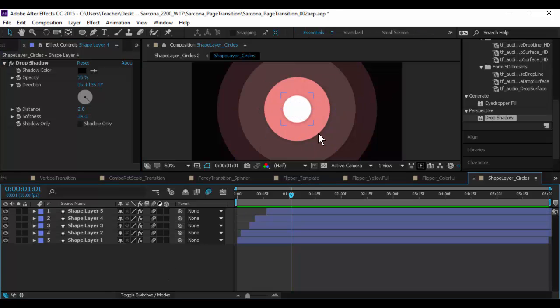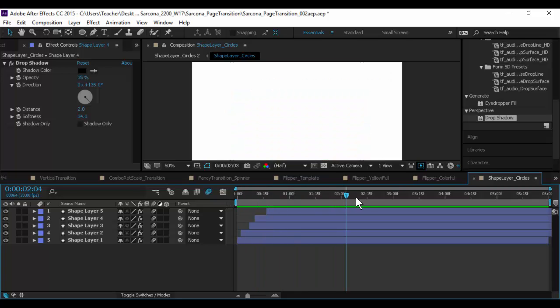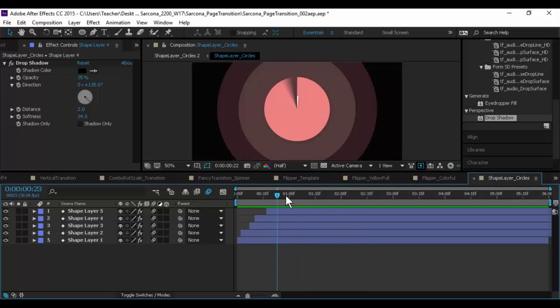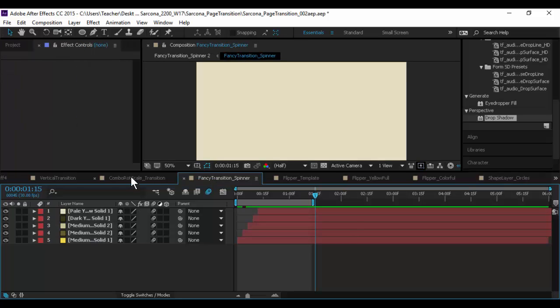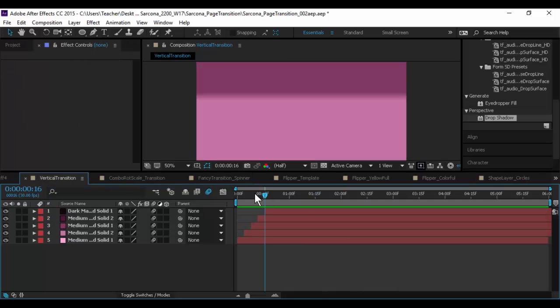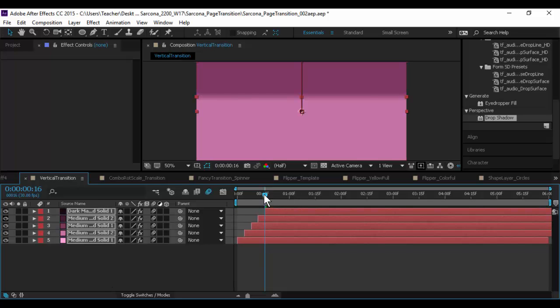Without that, they'll have just a very stagnant look to them. So now we have this nice looking piece with the drop shadow. But again, that could be applied to any of these. If I go back to this one, and I grab these and apply that same drop shadow,